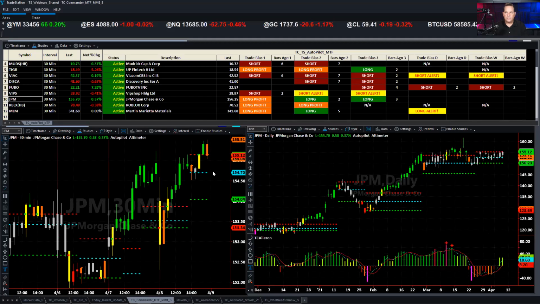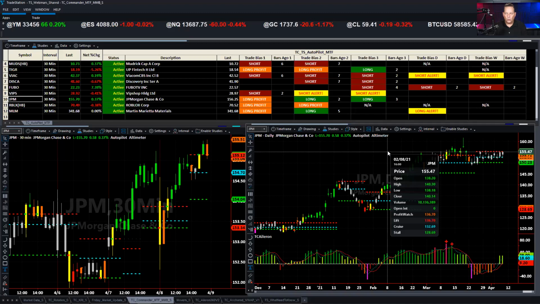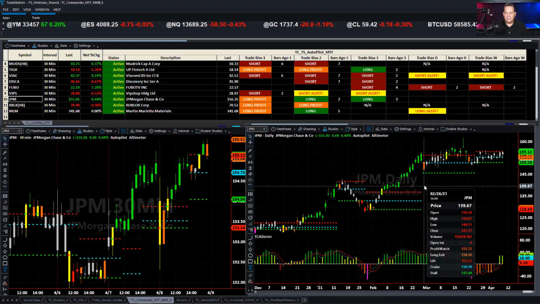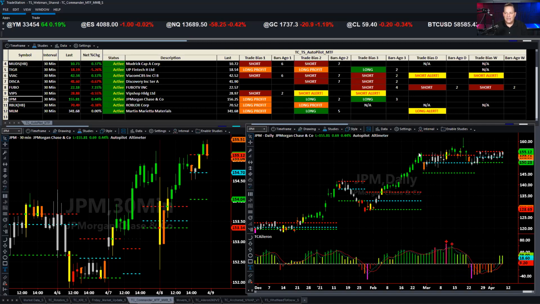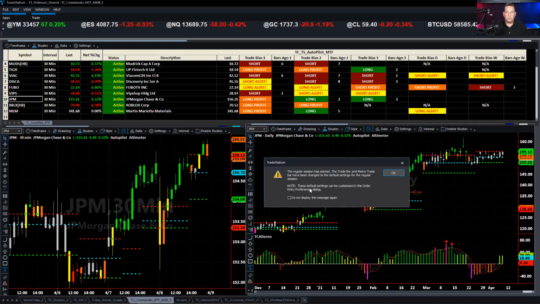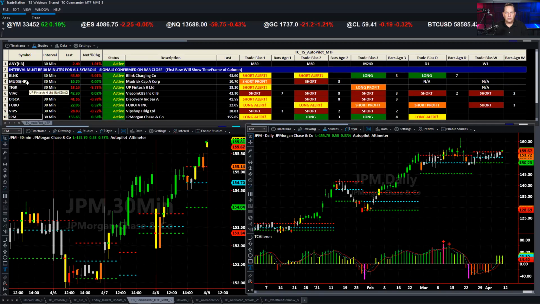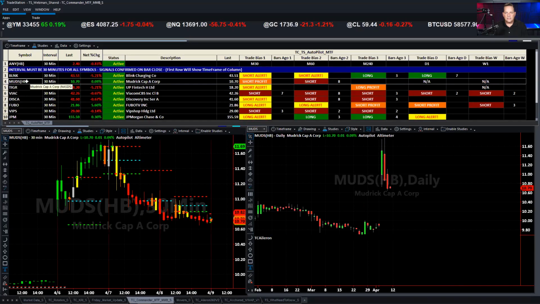JP Morgan coming out with earnings next week. Really nice top side hold here. I mean, this is squeezing. You can see where it's been holding since about 226. Again, a pretty tight range right here that's building off of a wider range, and that's pretty good. Something to keep an eye on. Roblox is interesting.